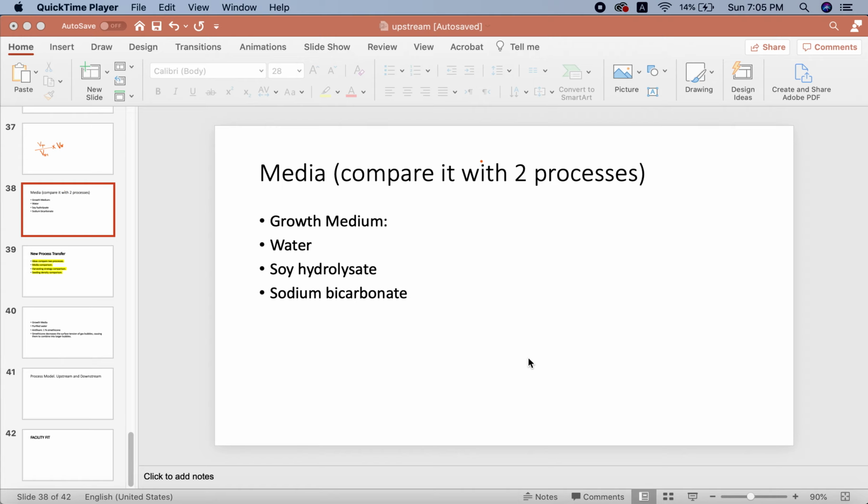This is a raw video, so I'm not too worried about it. So the first media that is used in shaker flask is